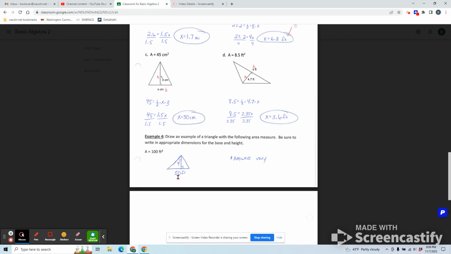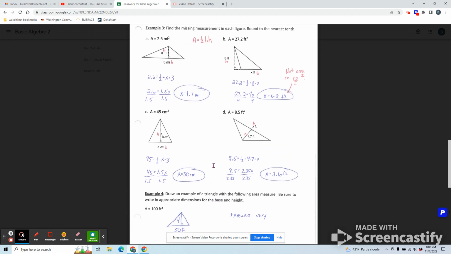And then I plug that into my formula. 50, right? My area is 100. My side length is 50. So 100 equals 50 times x times a half. And when I solve, I get 4 feet. Now over here I have answers vary because there's an infinite amount of possible correct answers. So today we focus on area of a